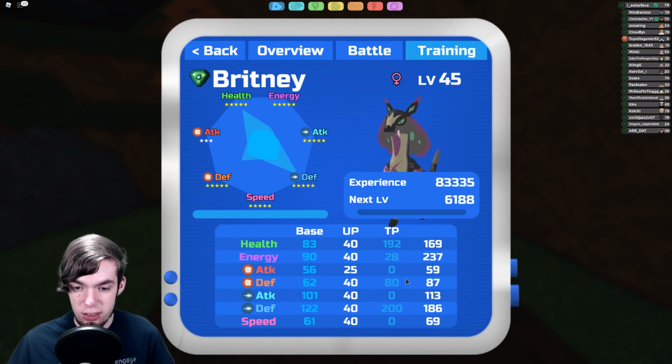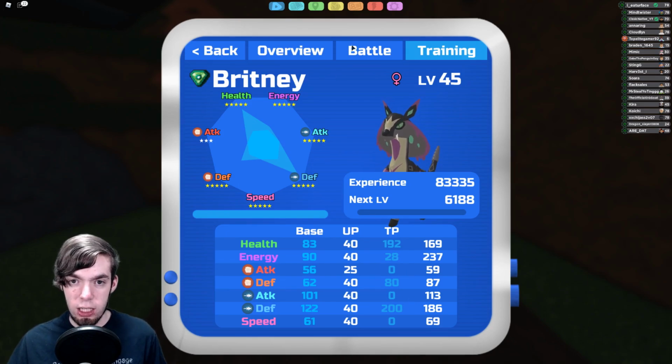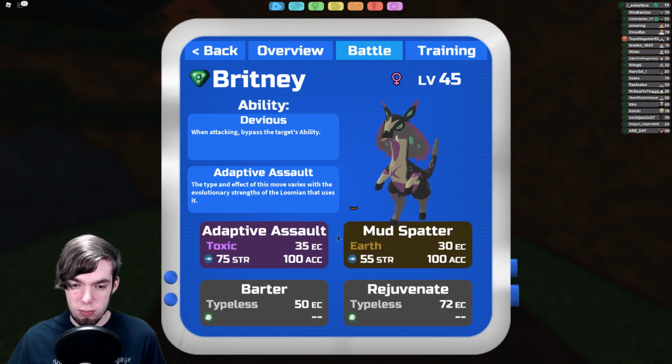Set didn't change from last time. Max bulk, HP, and range defense. The energy lets me throw off...